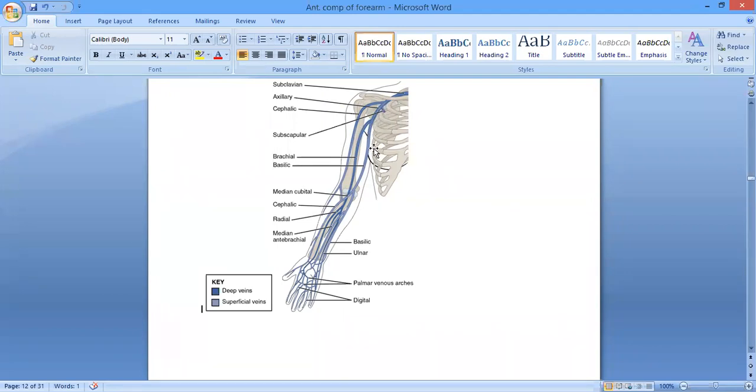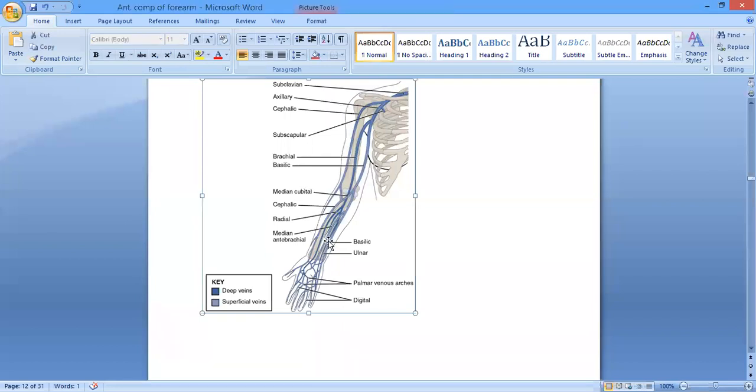Here you can see this. ठीक है जी, I repeat it again. The basilic vein starts from the dorsal venous arch, the medial side of the dorsal venous arch, then it winds around the medial border of the forearm near the wrist and comes to lie on the anteromedial aspect of the forearm. Then it crosses the cubital fossa and then runs on the medial aspect of the forearm near the mid of the forearm.